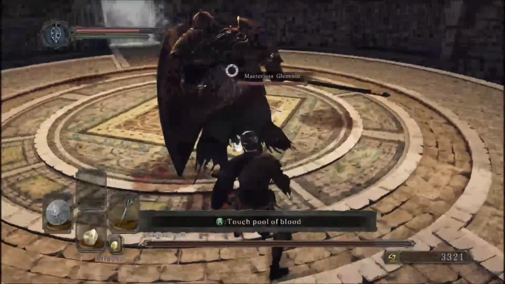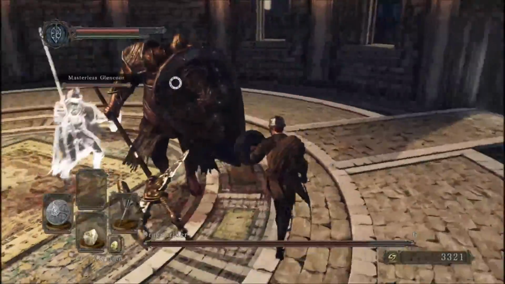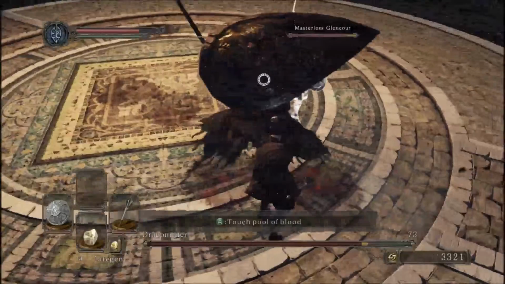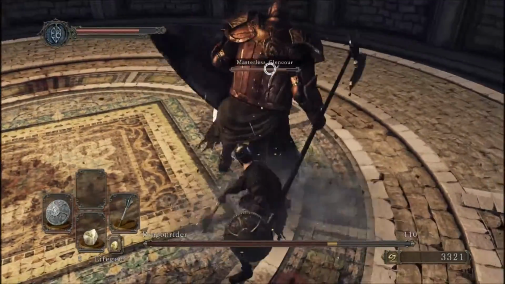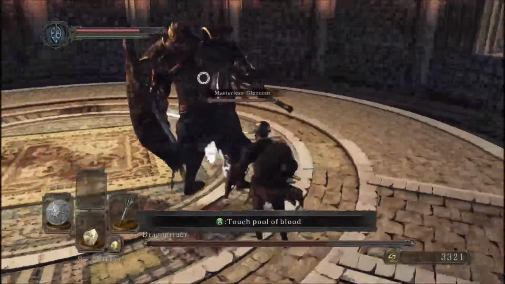Typically, the Dragon Rider will switch his attention between you and your allies, depending on who attacks him. As you can see right here, he has switched over to Glencore. That gives me a point to attack him. Now, the reason I switched to the Mace, I think I said...